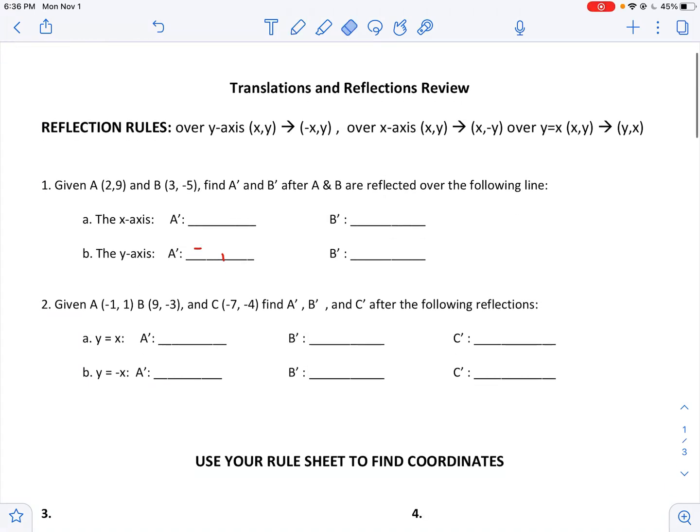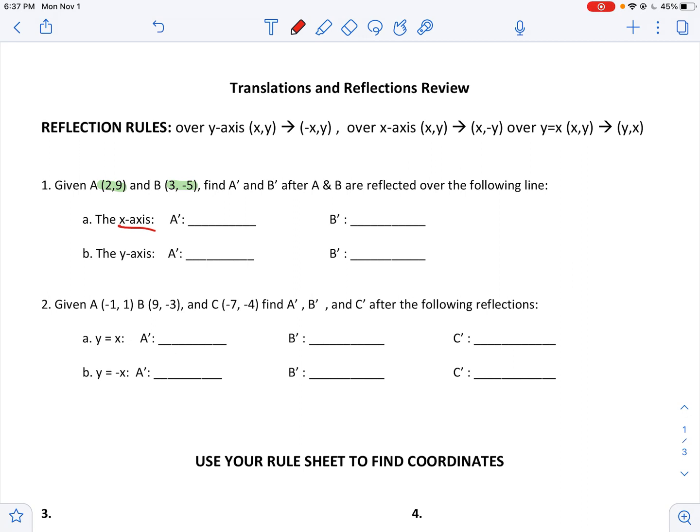In this video, we're going to talk about transformations, specifically reflections, and the reflection rules. How do I use those to find the new coordinates of A prime or B prime given some original coordinates? So my first two problems here, I'm going to reflect over the x-axis, and then I'll reflect over the y-axis. So here, I've got my original coordinates of A and B, and I want to know what happens if I